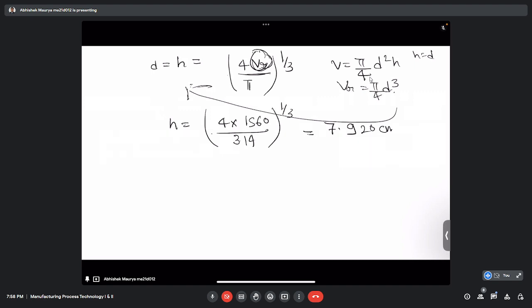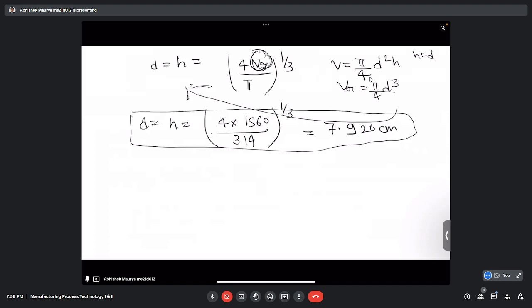Whatever knowledge we have utilized, we have tried to find out the volume shrinkage. From volume shrinkage, we arrive at the riser volume which is needed, and from that volume we try to find out the diameter of the cylinder with minimum surface area. So diameter as well as the height comes out to be this much, 7.920 centimeter. Okay,